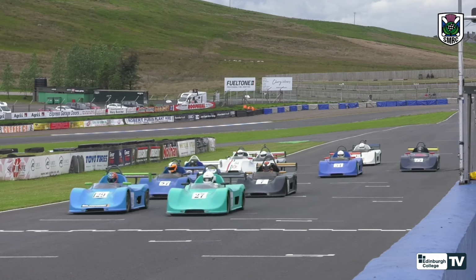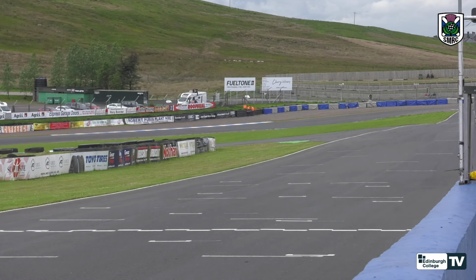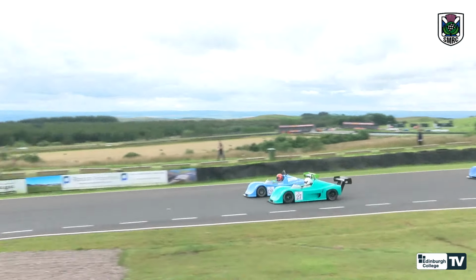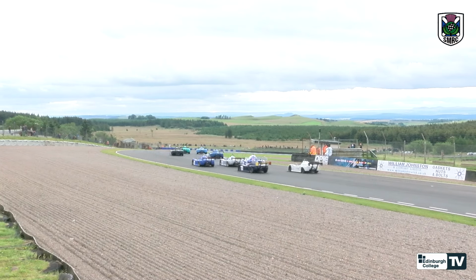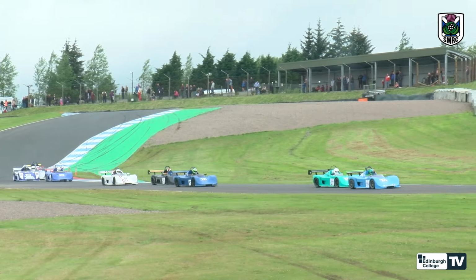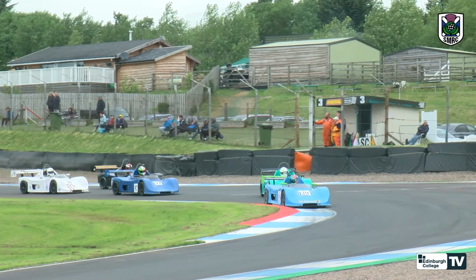And here come the Global Lights. So if you think you've got through the first part, here we go, another charge down towards Duffus Dip, and it's side by side for the Global Lights in towards the first corner. And thankfully we hold our breath before they're through. Say thankfully, but they all managed to get through. And yes, so for about a lap and a half they'll have a bit of clear traffic, and then, well,